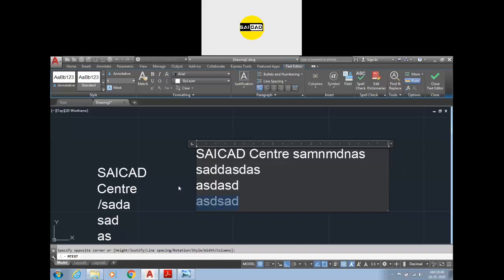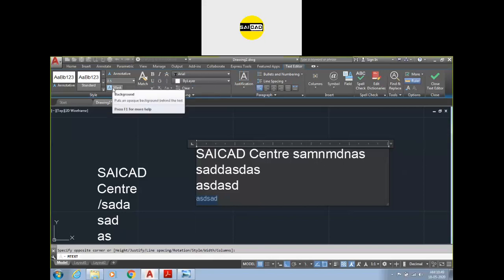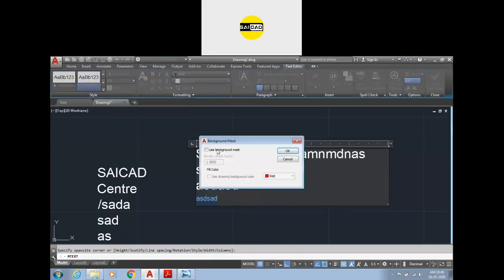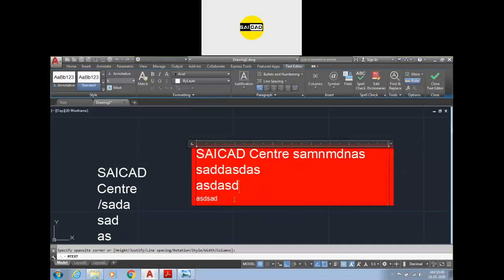If you select any text, you can change that text's specific values, like I want its height to be 2.5. I want a mask. Mask means you can use the background color for that text also. But the mask will be applied to the whole object, the whole box.